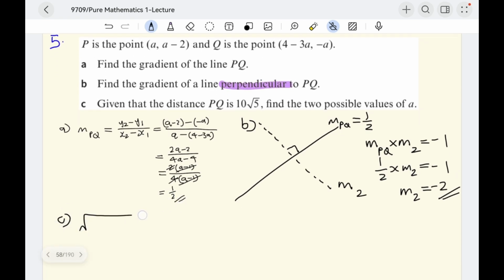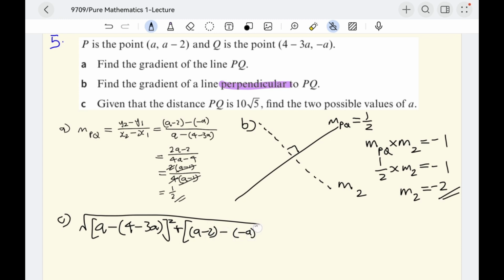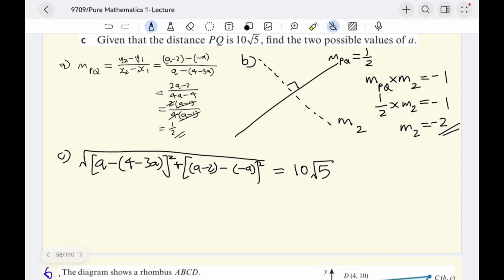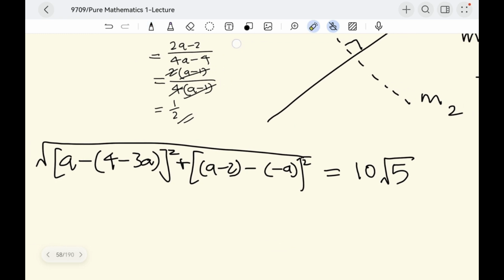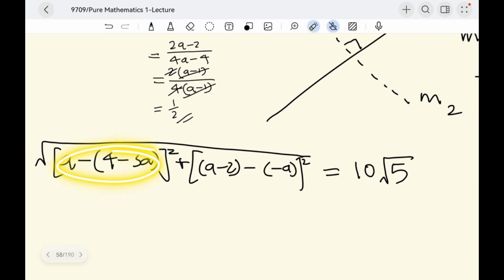So I have the square root of (A minus 4 minus 3A) square plus (A minus 2 minus A) square, that equals to 10 square root of 5. So in my opinion, I have to simplify this term and this term first, just before I take the